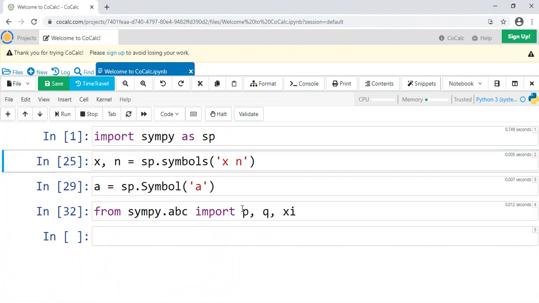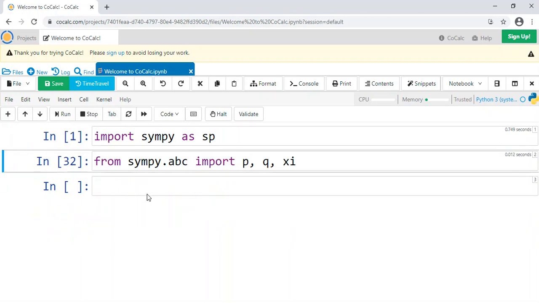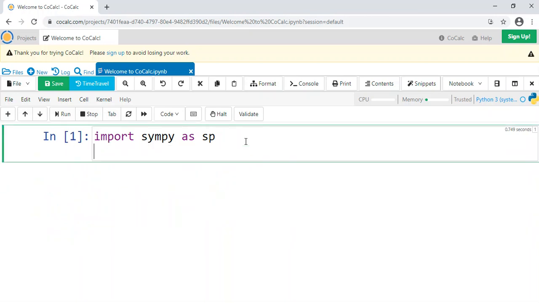Now, normally you're going to want to just go ahead and import a bunch of symbols up top. You're probably going to know what you want to use. So what I'm going to do is, instead of this mess, I'm going to just keep from sympy.abc import, and let's go with a, b, h, n, q, p, n, q, x, y, z, and yeah, let's just do that for now.